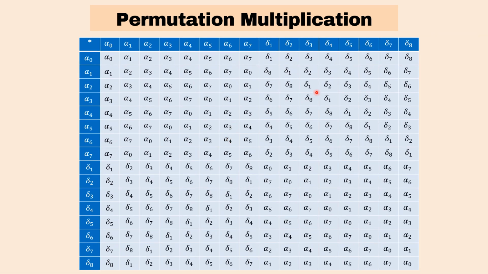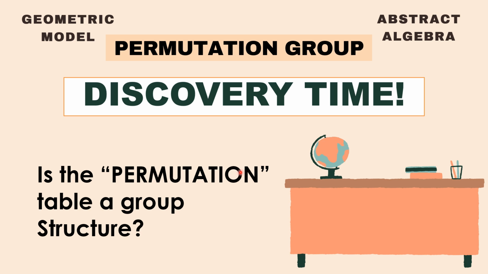Continuing the process, we will fill this table, and this is the table of my permutation multiplication. Now we will find out if this table forms a group structure. The table is considered a group structure if it satisfies the group axioms. These are closure property, associativity, identity element exists, and inverse element exists for all. Let's now explore whether these permutations form a group. We evaluate closure, identity, associativity, and inverse elements. Through exploration and investigation and checking, we see that the structures satisfy all group properties.